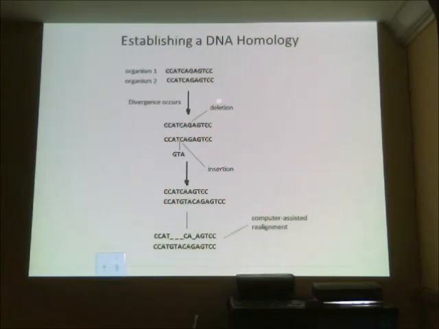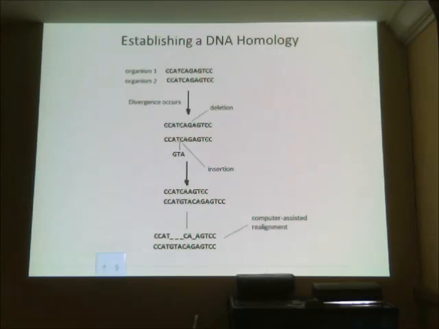What causes that might be a deletion of a gene. In this particular case, we've taken out this guanine residue. That's been deleted. And you could also have a genetic insertion. In this case, the GTA combination was inserted between the T and the C here. That gave us now CCAT, CAA, GTCC, and now we've got another nucleotide portion here that's 4 base pairs